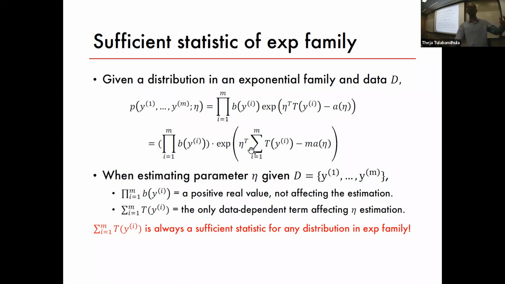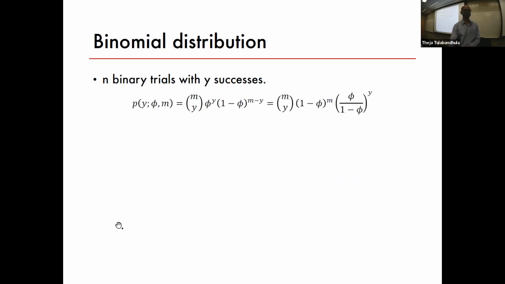Of course, you still may have to do some optimization. You may still have to find out what is the eta for which the likelihood is the maximum and all that. But this is a sufficient statistic. So that's why we introduce the word sufficient statistic, and so on. So now let's come back to a different example.